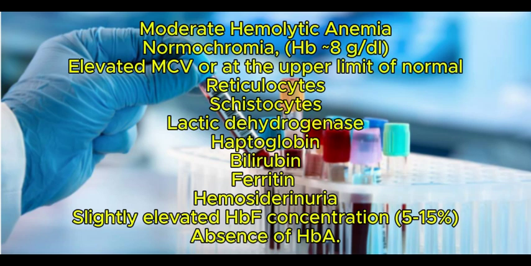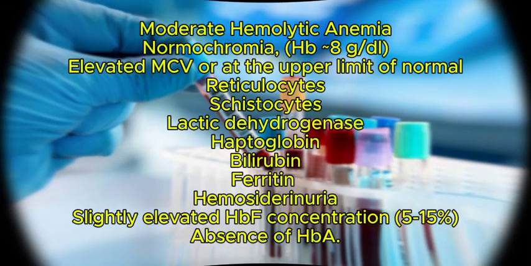Other laboratory findings are common to those described in all cases of hemolysis: reticulocytosis, schistocytosis, lactate dehydrogenase, haptoglobin, bilirubin, ferritin, and hemosiderinuria. Hemoglobin electrophoresis: a slightly elevated hemoglobin F concentration, 5 to 50%, absence of hemoglobin A,